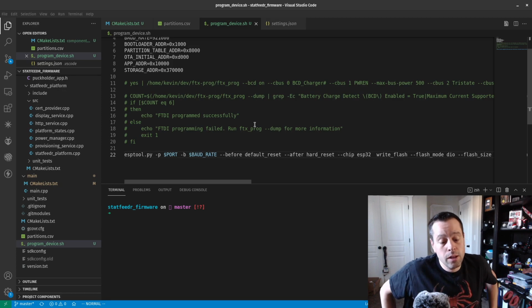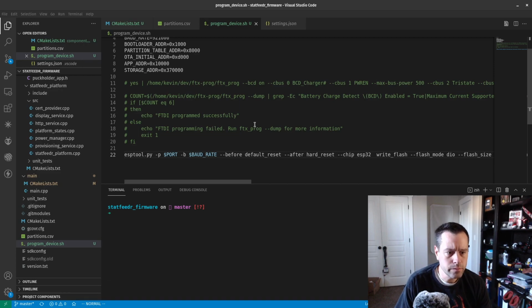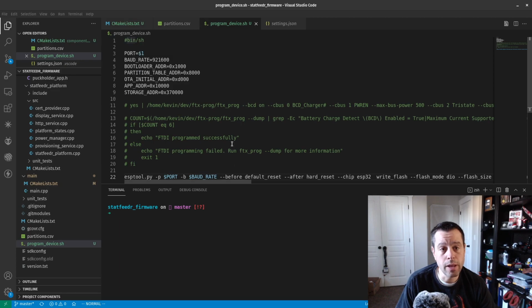So let's see if we can get this thing working in Docker. So which project am I in here? This is the actual firmware code. Okay. And I moved all this over because from here, I'm going to create a Dockerfile. So this was the script I was working on. I did figure out some things from the last